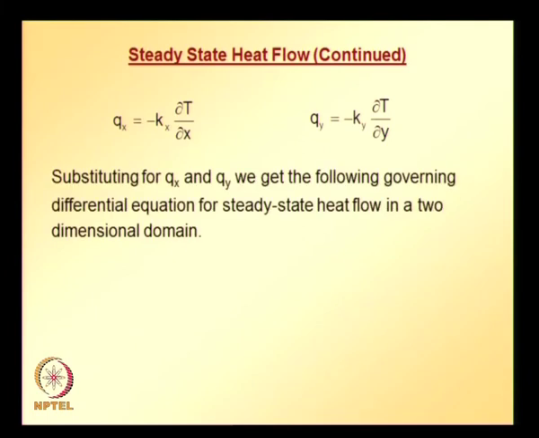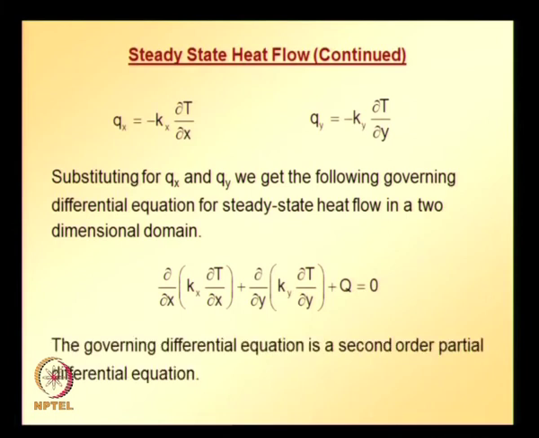So, substituting Qx Qy, we get the following governing differential equations for steady state heat flow in a 2-dimensional domain, and clearly this is the second order differential equation and it is similar to what we already looked at for general 2-dimensional boundary value problem. So, the governing differential equation is a second order partial differential equation